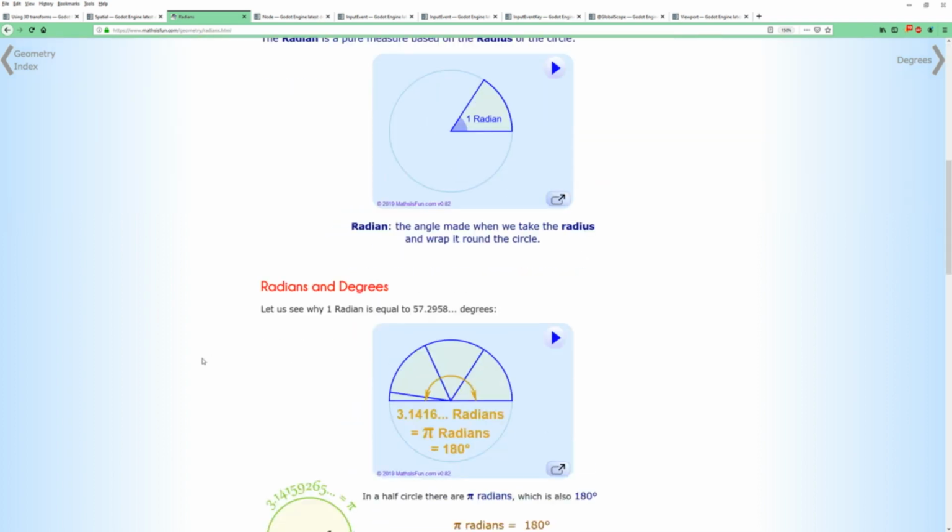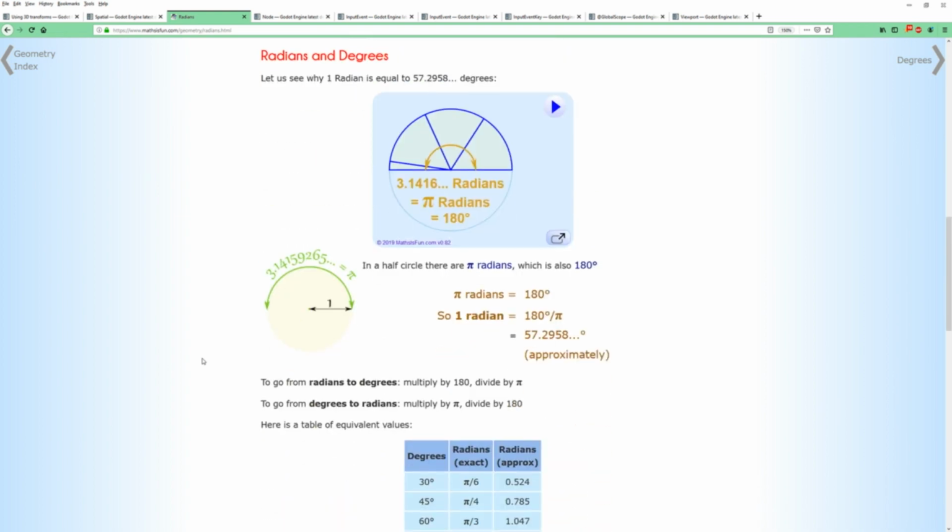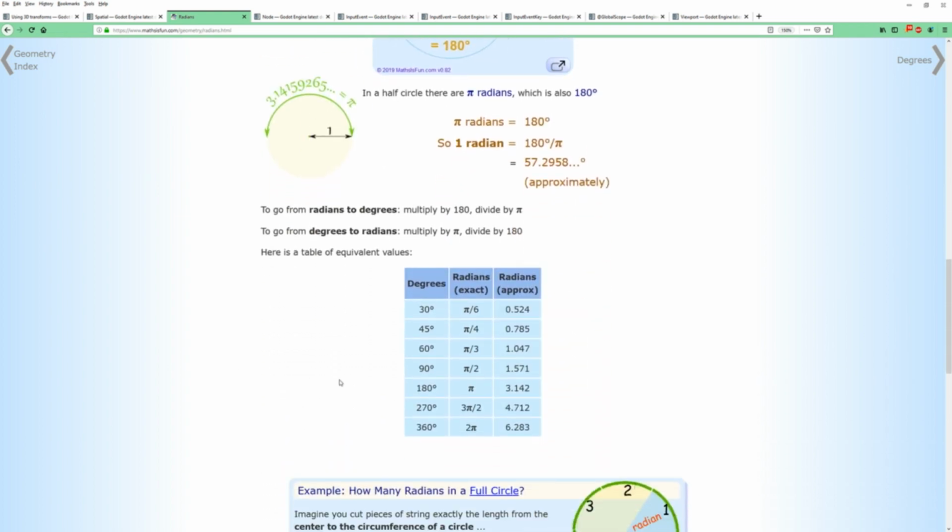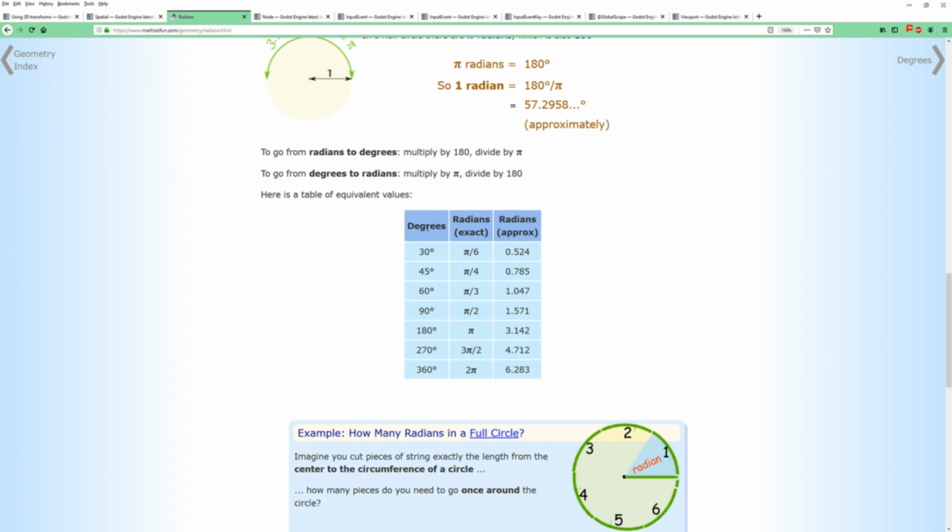And it's going to be easier to understand here. So here's a quick conversion from degrees to radians. And the thing to notice here is that 360 degrees is 2 times pi. And if you remember the circumference of a circle is 2 pi r, this starts to make a little bit of sense. So 2 pi would be 360, so half of that would be 180, and then half of that would be 90. So these numbers,